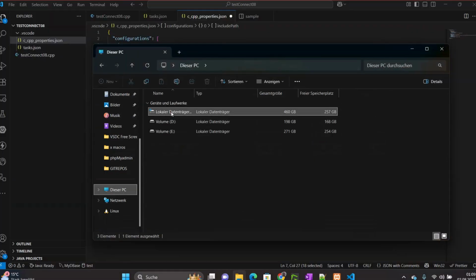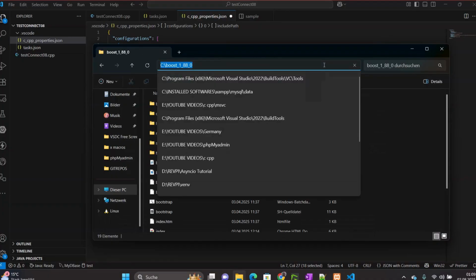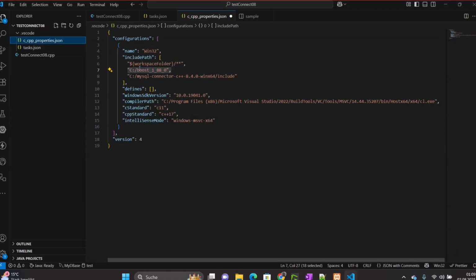Our boost is here. If it is in another place, feel free to set those locations there, and here we add this one with a forward slash. So same thing like this one, you are going to add the directory to the include folder,